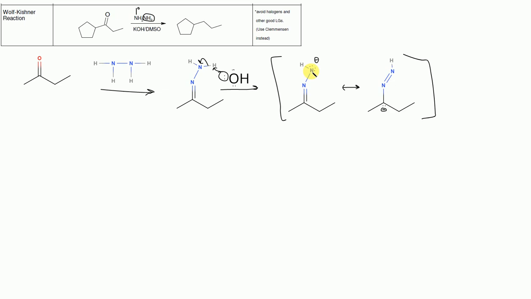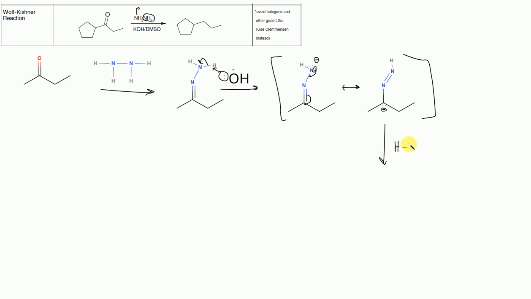We have the nitrogen like this with a negative charge, and we have the imine, and then we have the form where this goes, and one of these is going to resonate. It's going to form this double bond right here, and this is going to come down, right? And so these are the two structures that we get. And so what happens at this point, right? We go from this structure, and I take